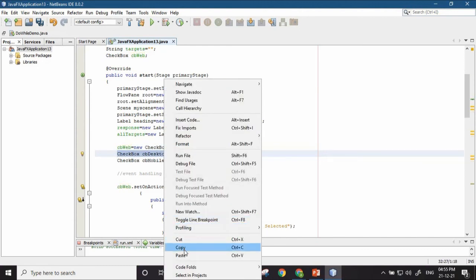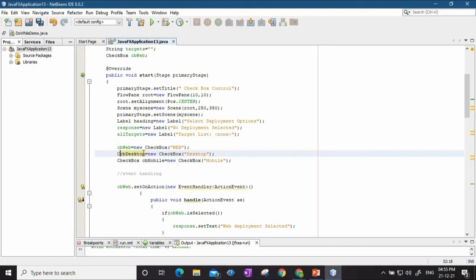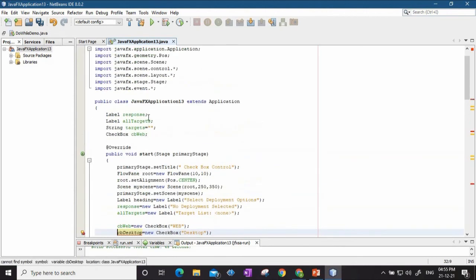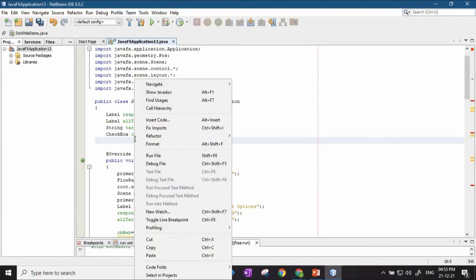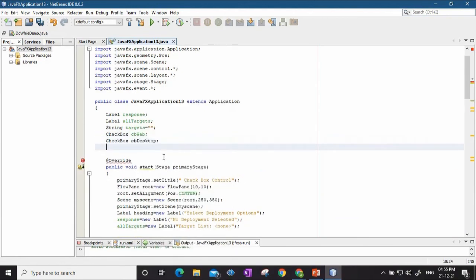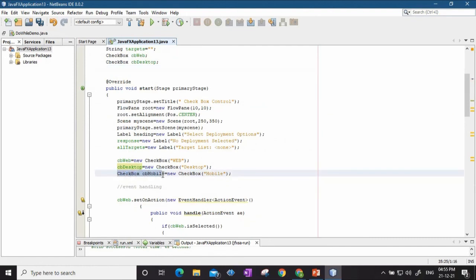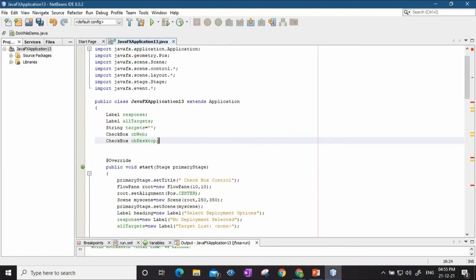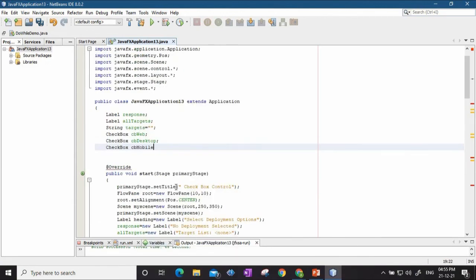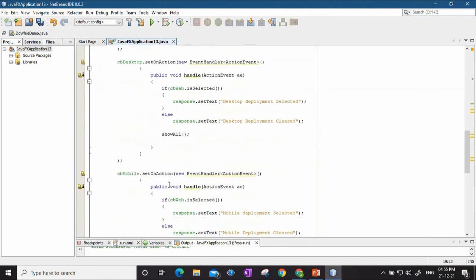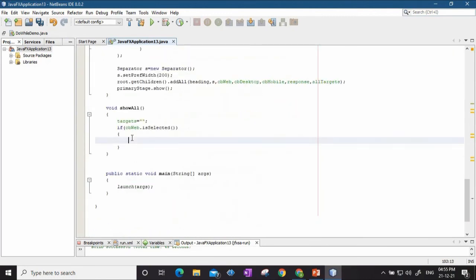This is the next name that I will declare outside here, and checkbox CB mobile, this is also what I'm going to declare outside the start method, so that other methods also can access these variable names. So now other methods can access them. So now here CB web can be accessed. So then I say if CB web is selected, then I'll say